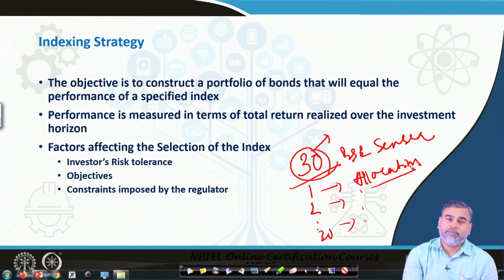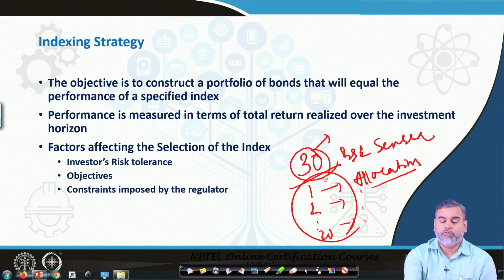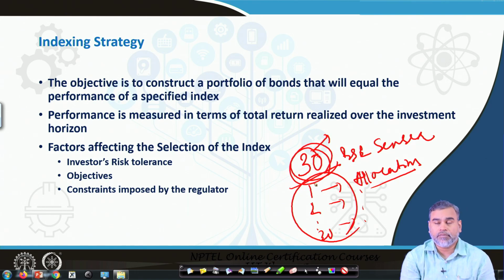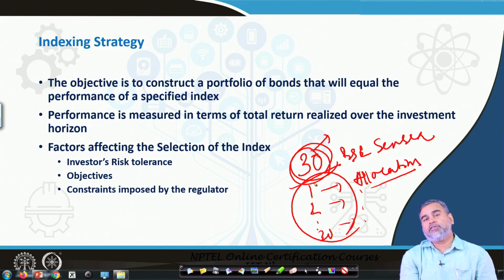So, what is the objective here? Our objective is to compare how much return we are getting and how much return the index is giving. The performance is measured in terms of the total return realized over the investment horizon in comparison to the index return that we observe from the market. For that, what index should we consider? Let the commercial banks want to construct an index fund, then which index should they consider? Whenever they want to choose an index, there is a big